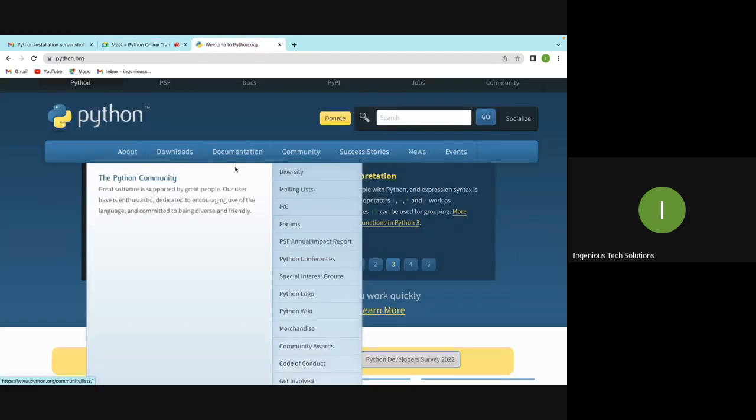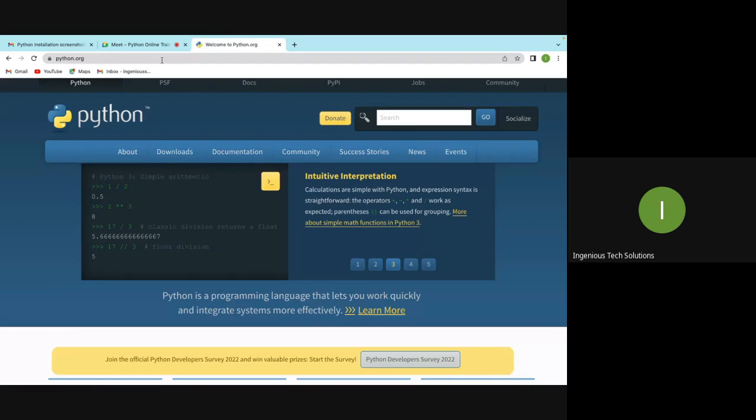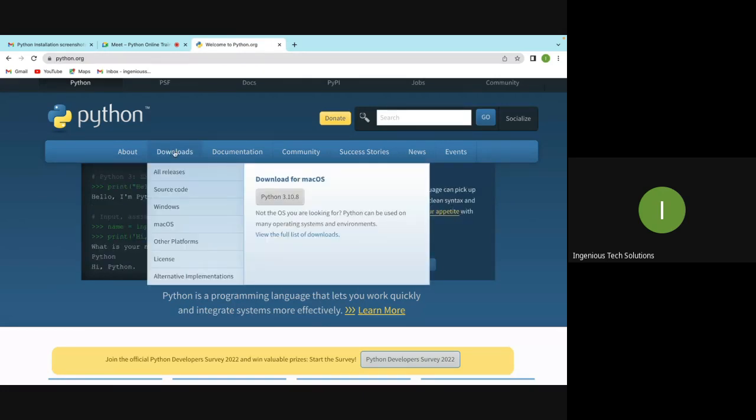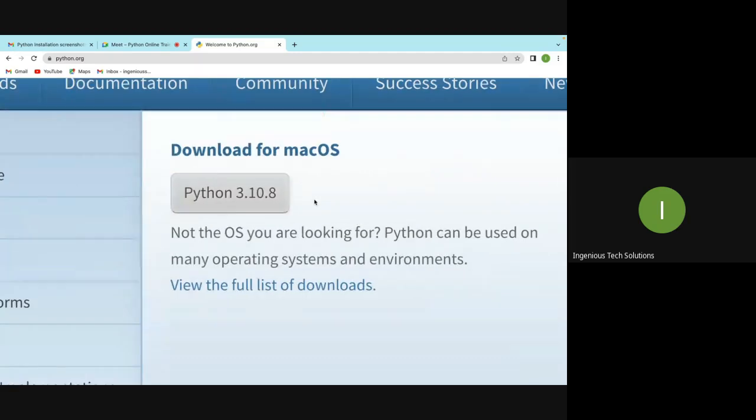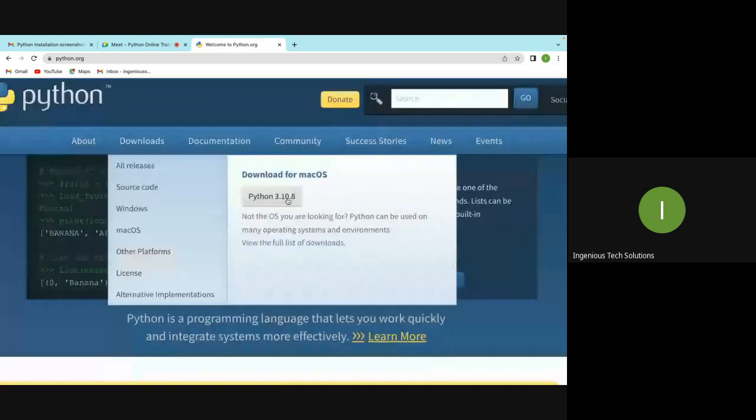Once you go to that particular link, you can navigate your cursor to the download button. There you can find the download for, since my operating system is Mac, it will automatically detect the operating system. Based on that, it will give you the binary file. In your case, you might see download for Windows, or download for Linux. Whatever it is, just click on the Python 3.10.8